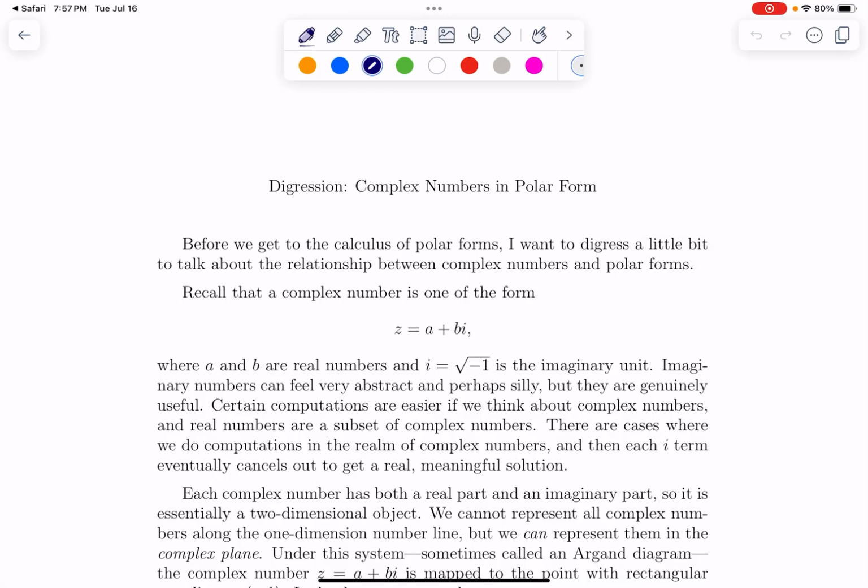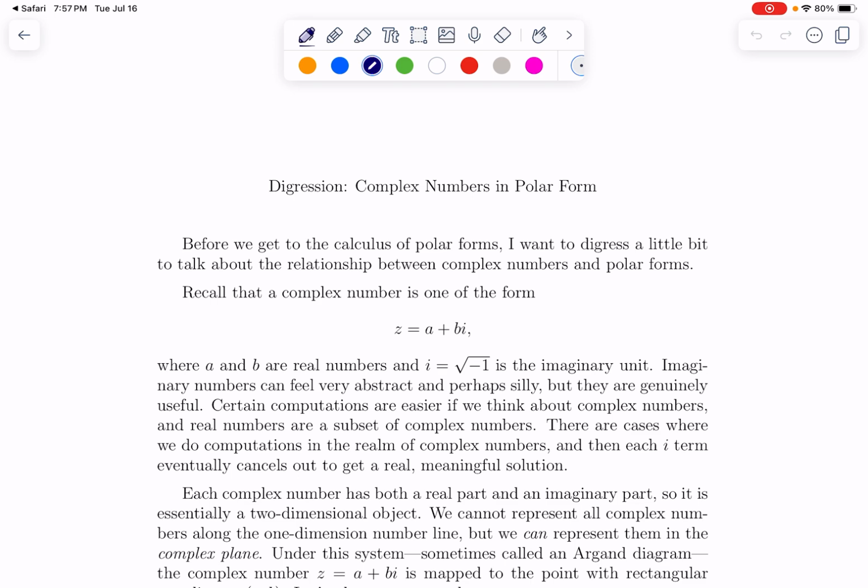Hello, in this video I want to talk about something related to polar form, which is the way complex numbers in polar form interact. And it might not seem obvious that these things have much in common. The square root of -1 giving us all these imaginary and complex numbers on one side, and on the other side thinking about things in terms of distance and angle. But it turns out these interact in a way that makes certain calculations much easier and ultimately gives us some